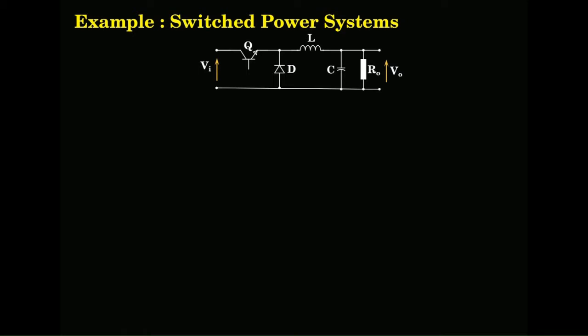This is simple, all of you know how this operates. This is a buck converter, you recognize. So, there is an input voltage here. There are two switches. One is a controlled switch Q, BJT, it could be a MOSFET, it could be an IGBT, and an uncontrolled switch, a diode, followed by a filter L and C and R.